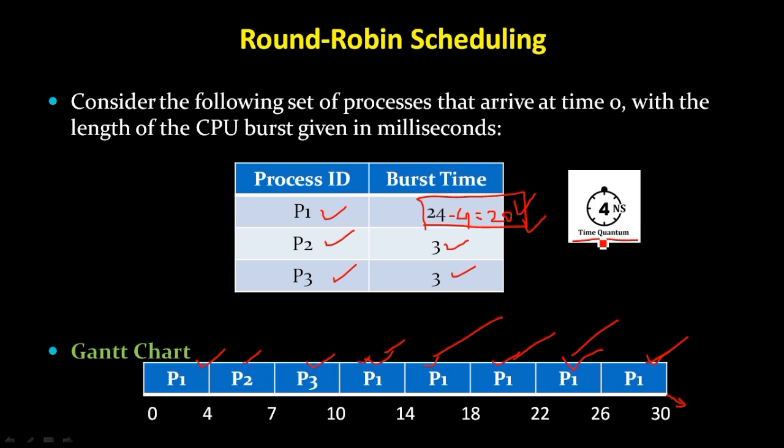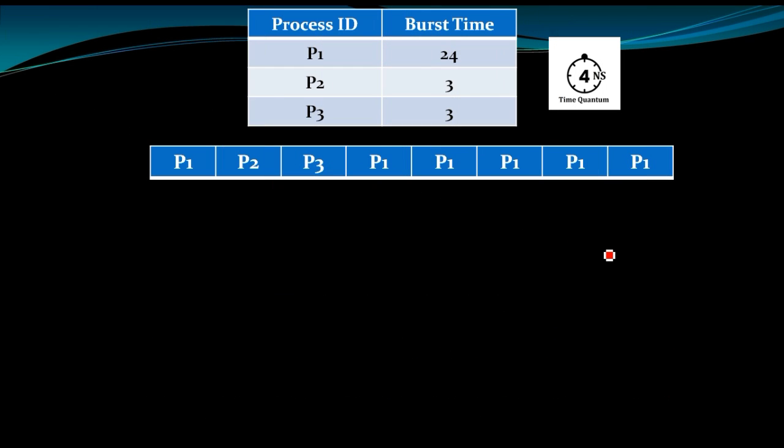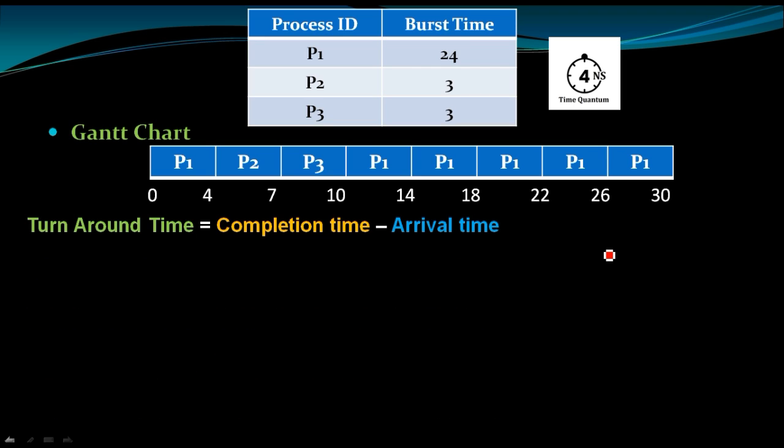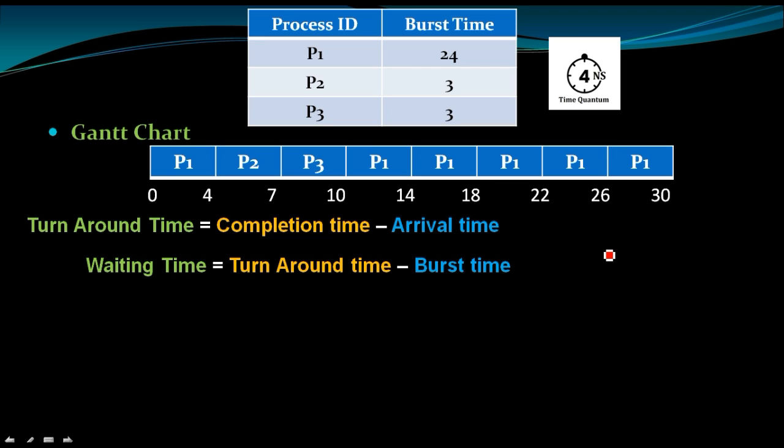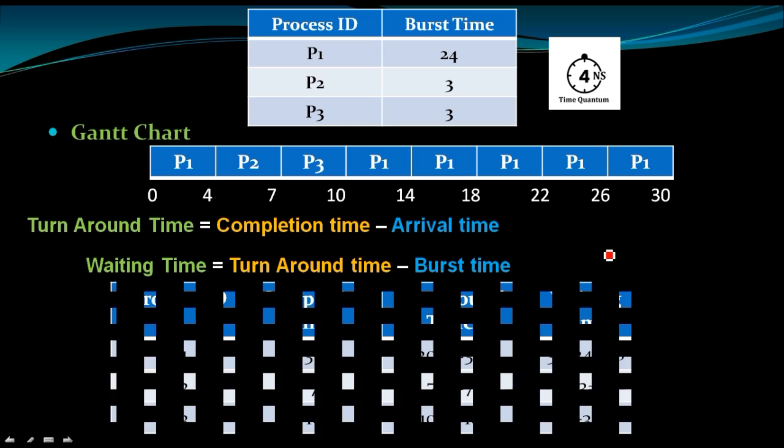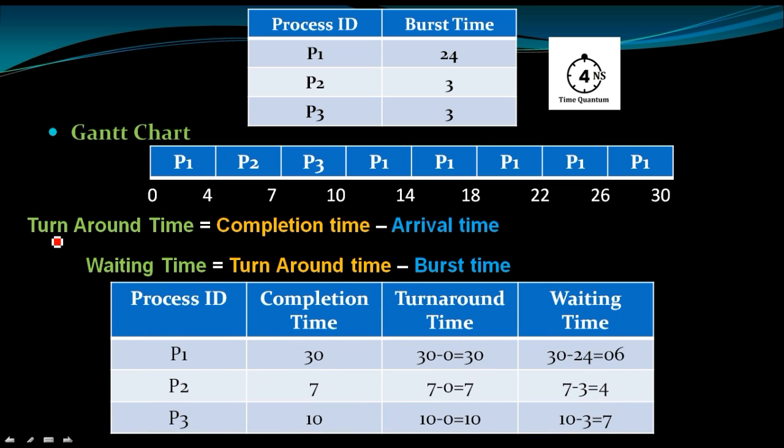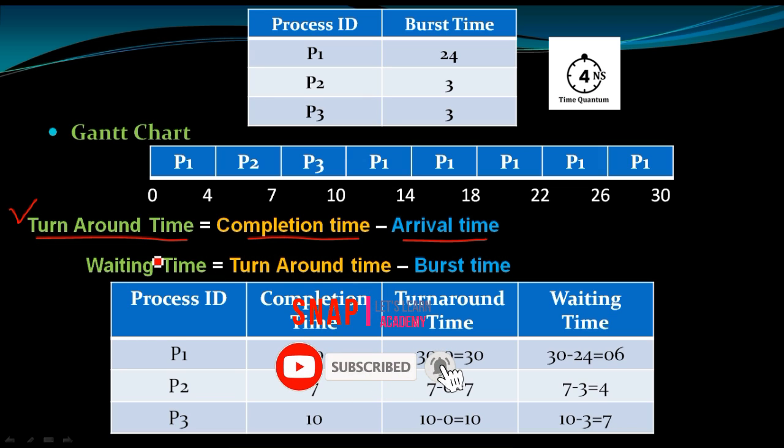So 4 nanoseconds is the time quantum. Now this Gantt chart we prepared, and this is the timeline. Based on this, we will calculate the turnaround time and waiting time. To calculate the turnaround time, we have the formula: turnaround time equals completion time minus arrival time. So let us first understand this turnaround time. Here we have calculated the turnaround time based on this formula. Before that, we will